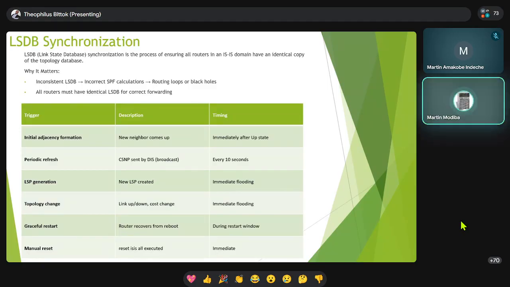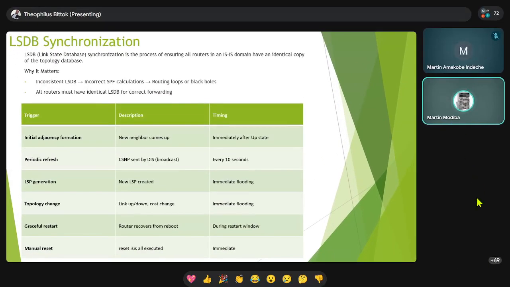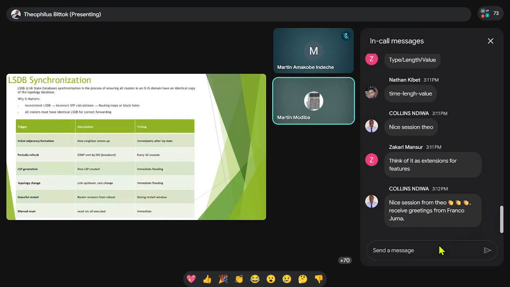So I just need to understand this terminology. Is the TLV referring to the type length value on LLDP or CDP if ISIS is run on Cisco, or is there another TLV that is specified in ISIS? I just need to understand the two. Then maybe you can try. I haven't gotten your question exactly clearly.